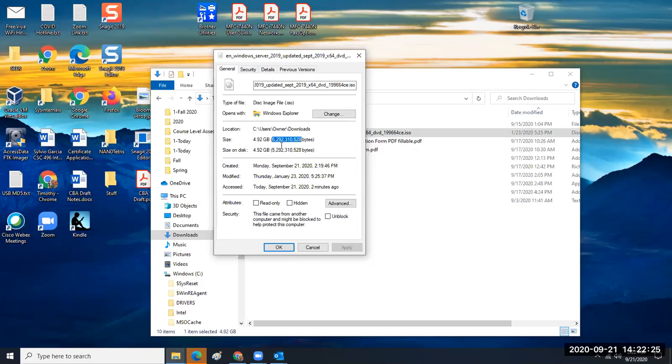I have 292,310,528 bytes. The size for your ISO should match exactly, all the way down to the numbers 310528. If they don't, you need to download the install media from the Microsoft software option in the My Campus portal